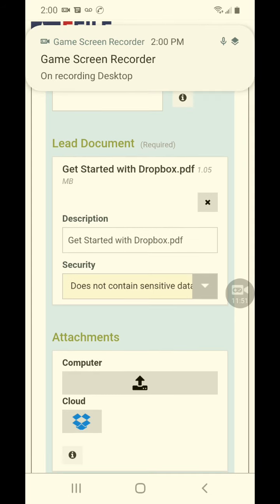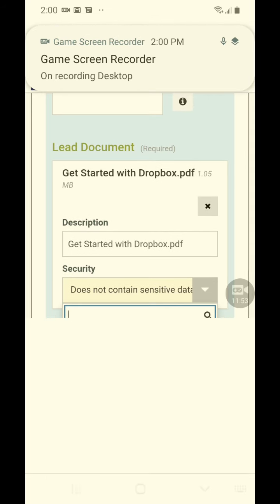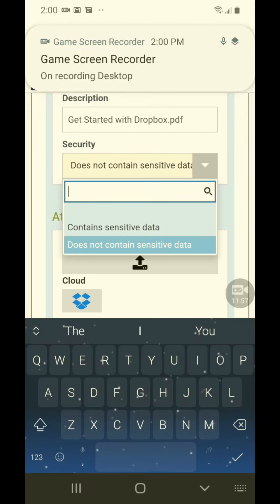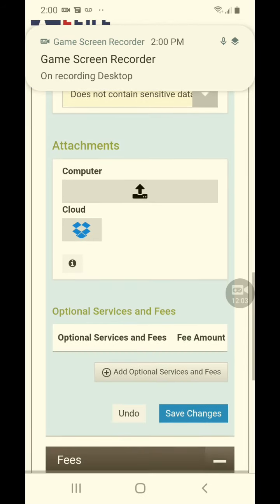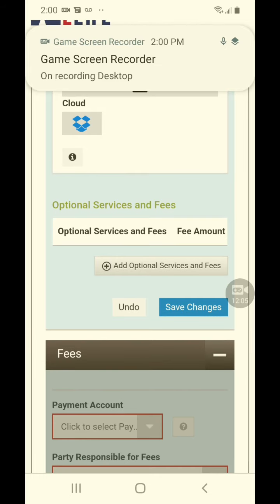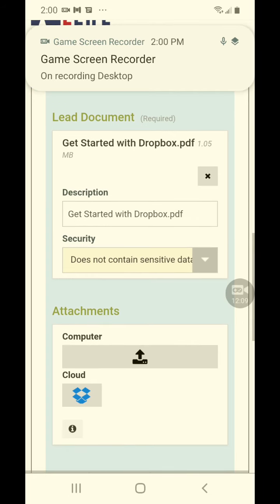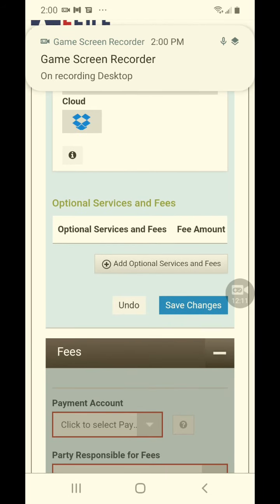Now on the security part, once it loads, if you've got your social security and all that stuff on it, then you'll select contains sensitive data, addresses and stuff like that. So if you're just doing the statement of inability, the waiver, then you'll put it there, and you'll go down here to